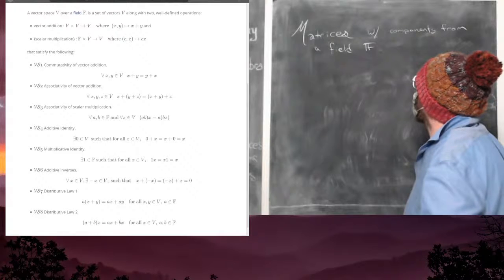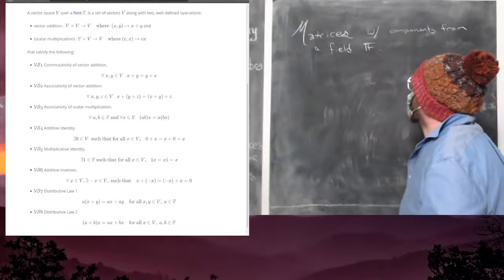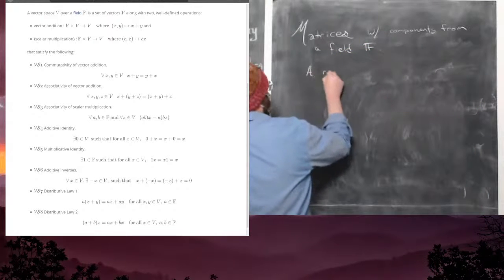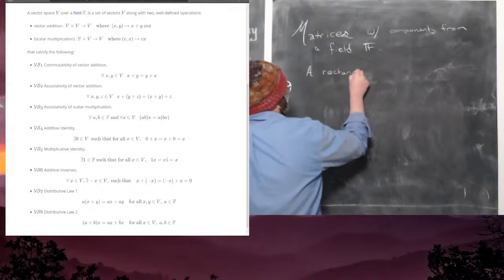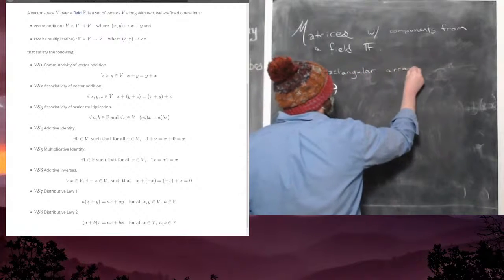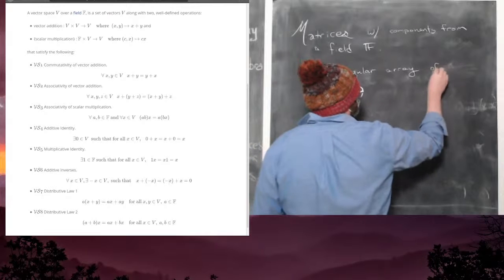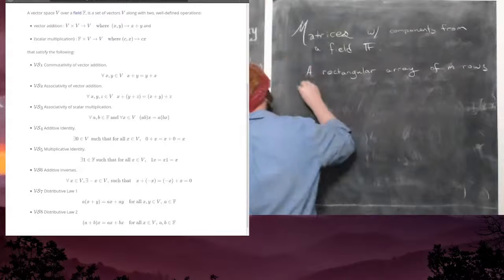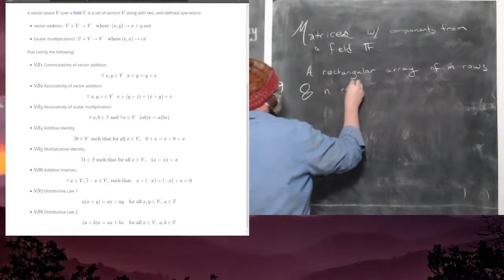So, in particular, what is a matrix? Well, it's a rectangular array with m rows and n columns,